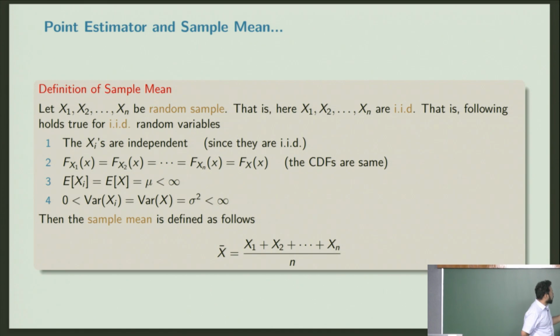So all these quantities hold: the CDFs are equal, the expectation is the same, and so on. And the sample mean is defined to be like this. The sample mean is just the mean of your samples. In my sample I had x1, x2, up to xn. I took the usual arithmetic mean of that. It turns out these are the only things you can do in general when you have a random sample involved. The average of the population you will estimate by the average of the random sample itself.